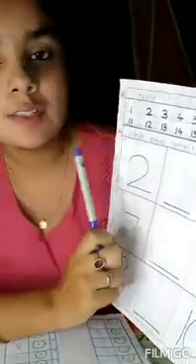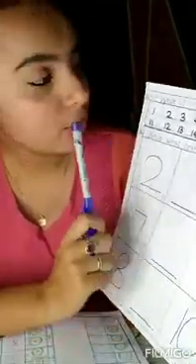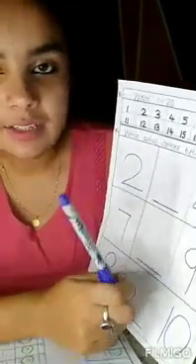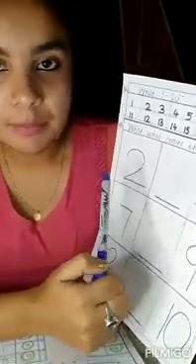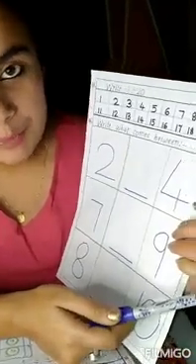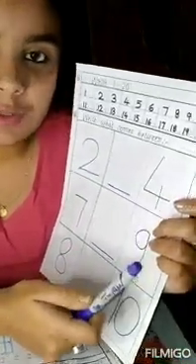Hello everyone, today we will do 1 to 20 and other activities. Here I am having some activities like, first of all, make your child recall all the numbers 1 to 20. After that we can give them after and before and between as well. So first let's see the video for 1 to 20.